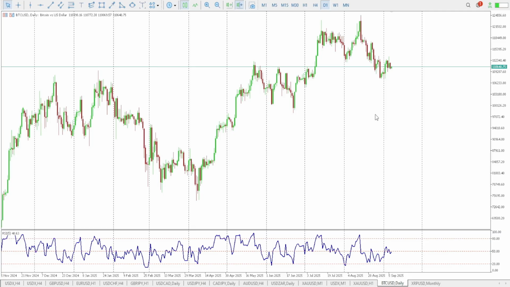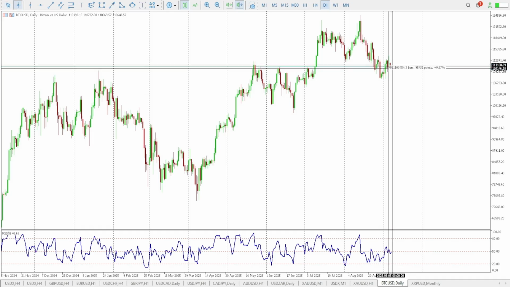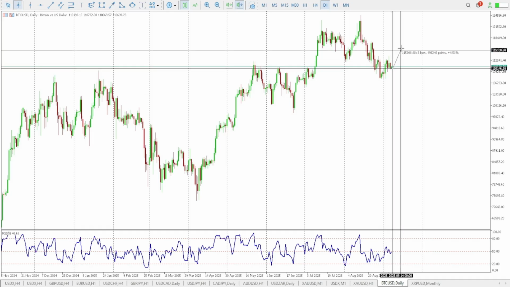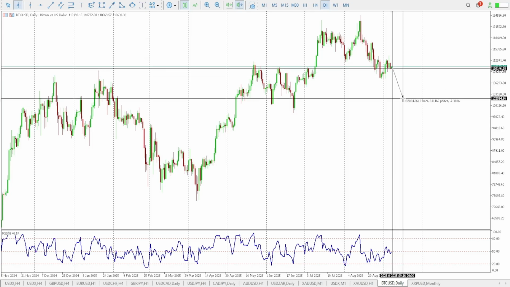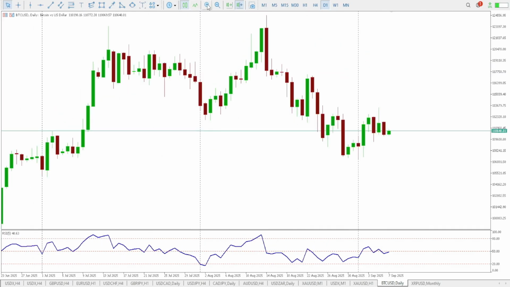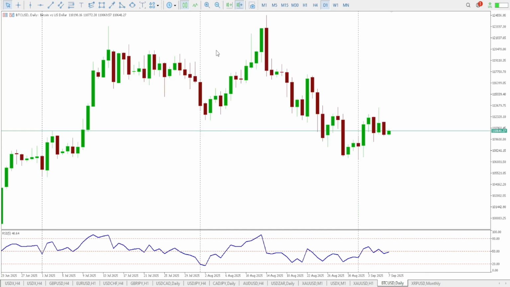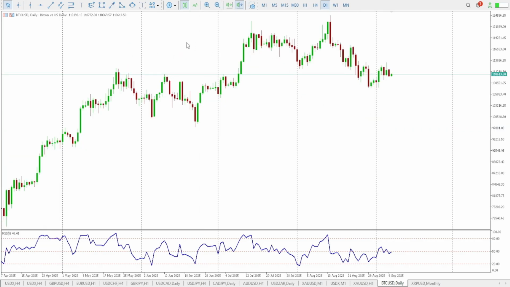So let's see. First of all, this Bitcoin US dollar chart, when the market is right here, remember everyone, we just need to find out if it is going up or going down. This is a daily time frame, and I like to study the daily time frame most of the time, since the beginning of my channel, because the daily time frame gives us accurate directions of the market. The strategy is very simple.